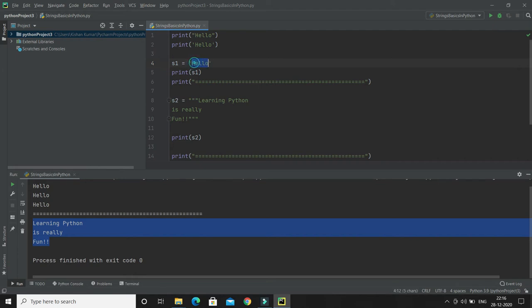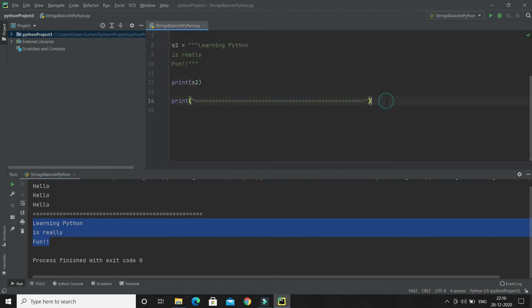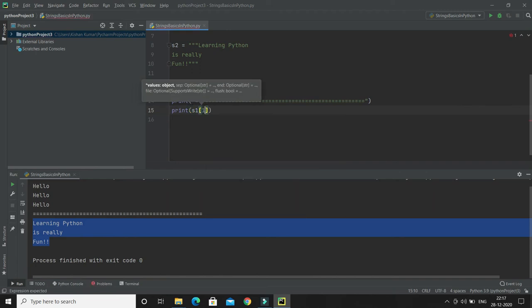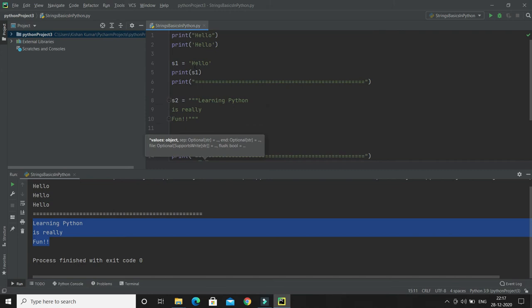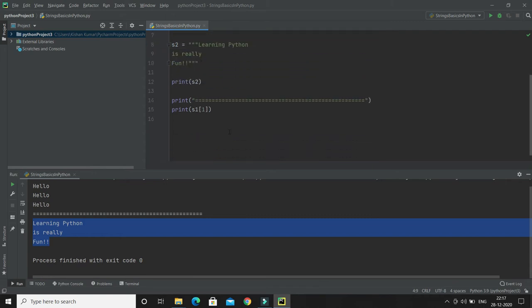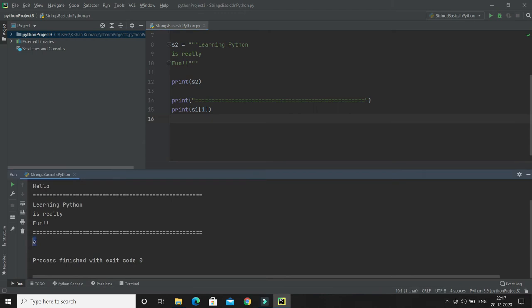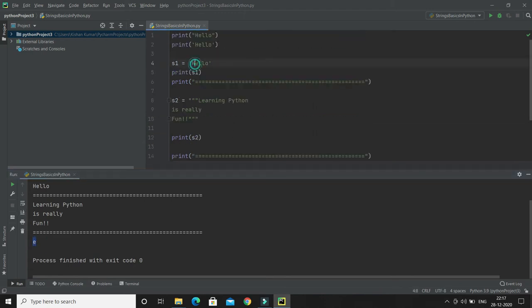So at the 0th position we have h, at the first position we have e. Keep in mind, the first character is always present at the 0th position. If I would like to access the second character, you just give the string name and, in square brackets, specify the position which you want to access. Here you can see I am able to access e, which is at position 1.